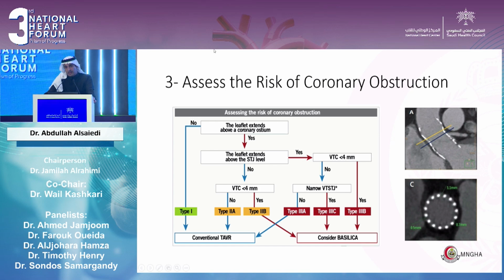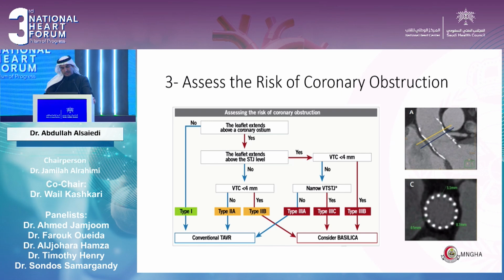Now, very important, as presented early morning, is to calculate some diameters to assess the risk for an obstruction. That will help. First of all, look for the leaflet extent above the coronary ostium. If this is actually the case, then there is no need for any procedures to protect the coronary arteries. If the leaflet extends above the STJ, then, if this is not the case, you calculate the valve